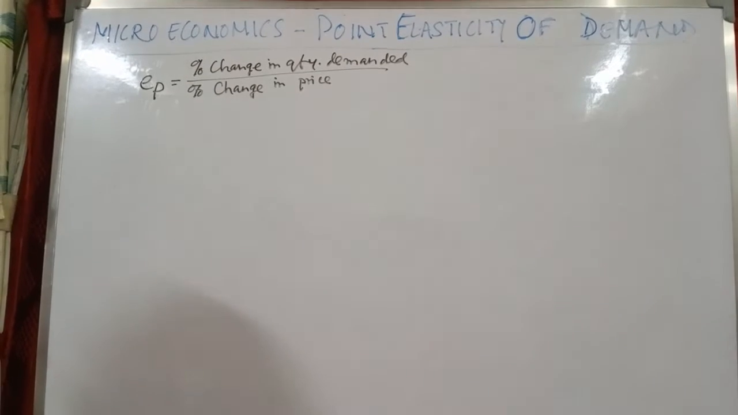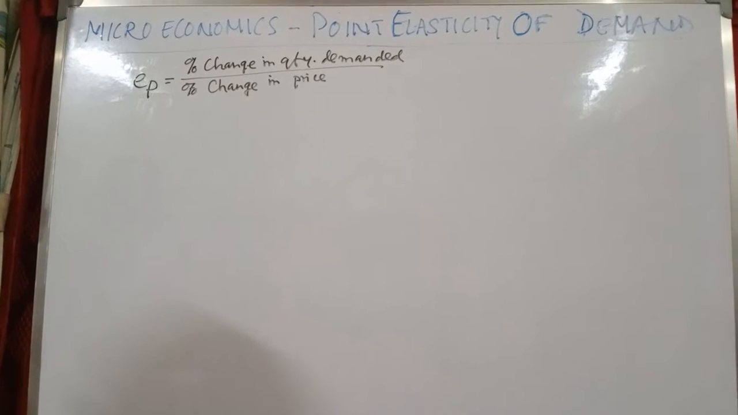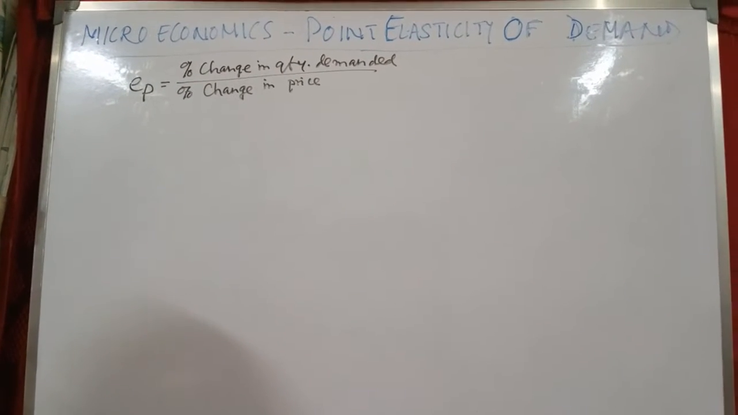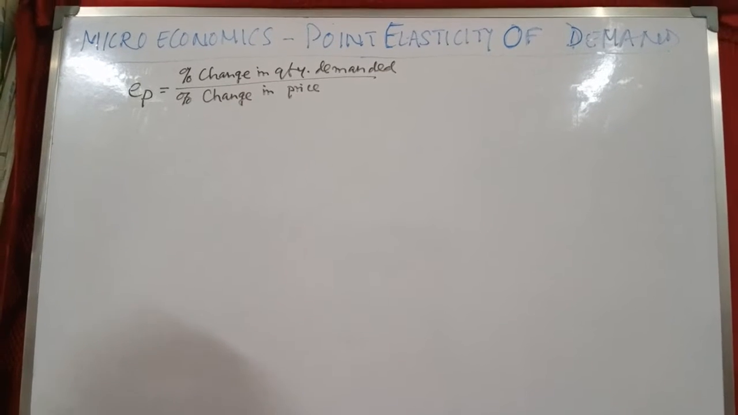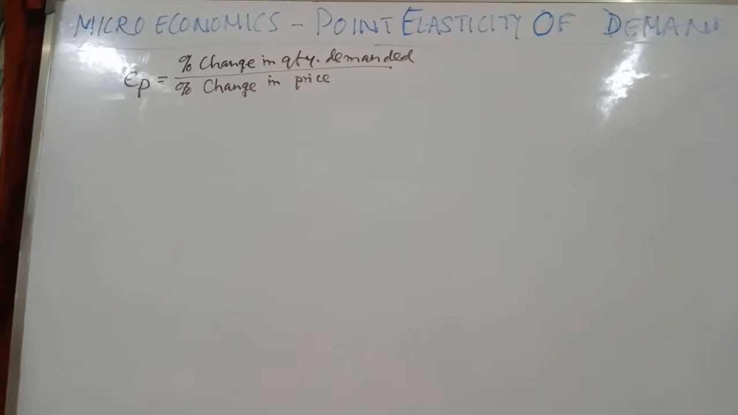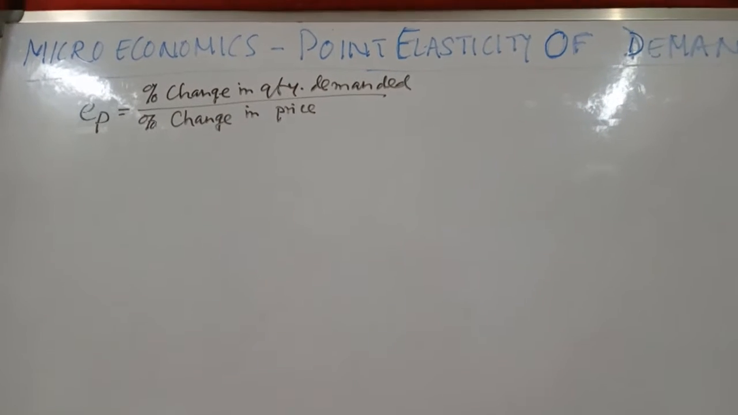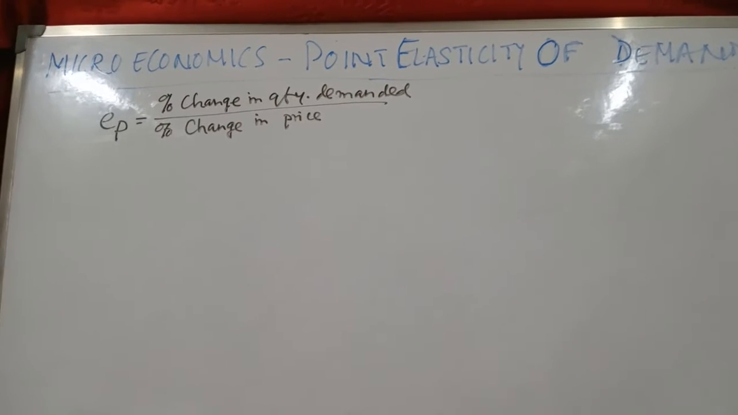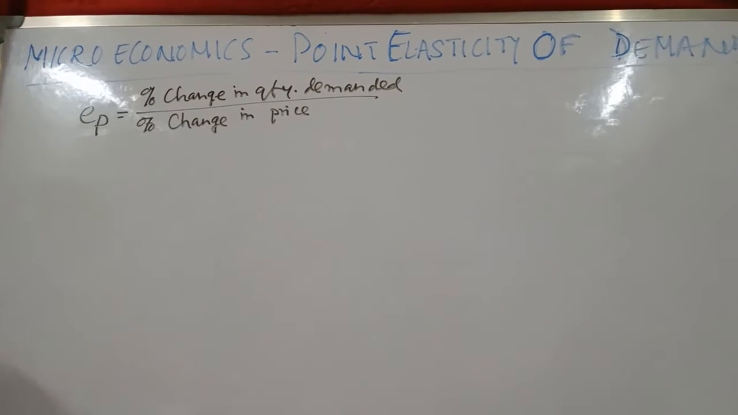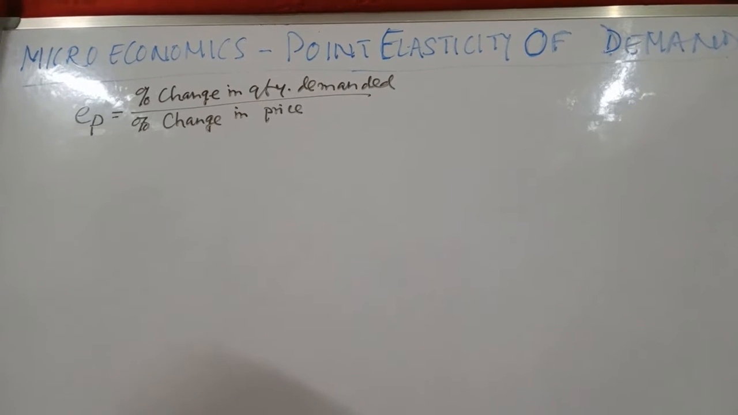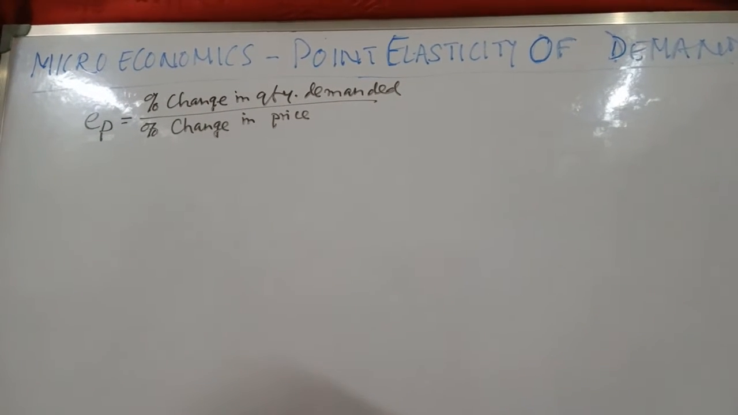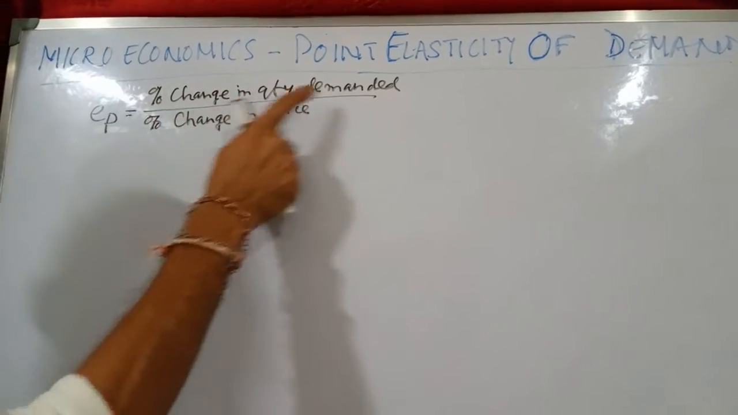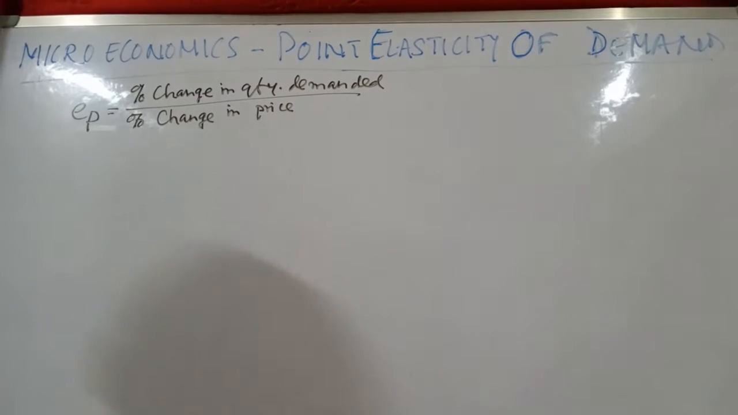subtopic, and in my other videos I have discussed the different types of elasticities, that is price elasticity, income elasticity, cross elasticity, etc. So this video will focus only on point elasticity of demand, and other discussions on elasticity are done in other videos. So price elasticity is equal to percentage change in quantity demanded divided by percentage change in